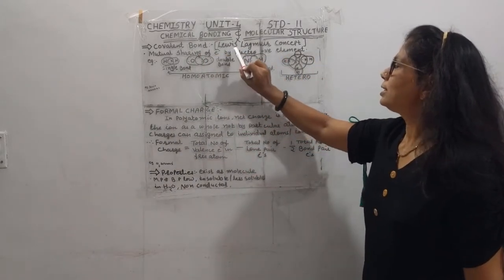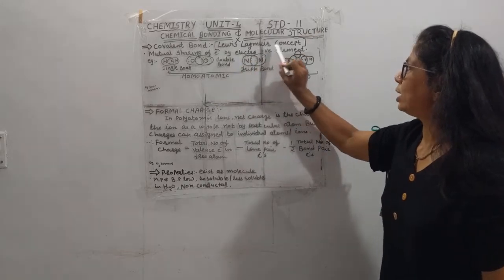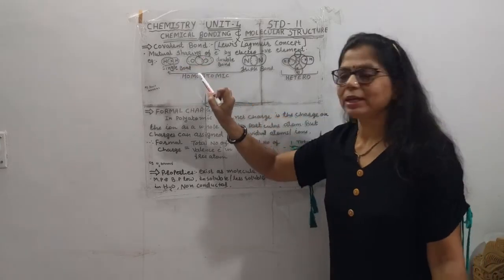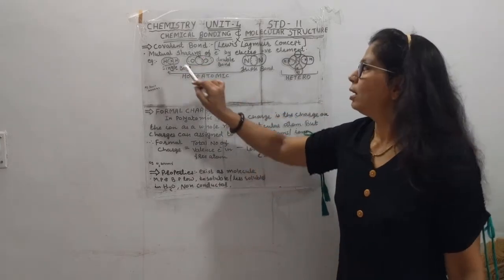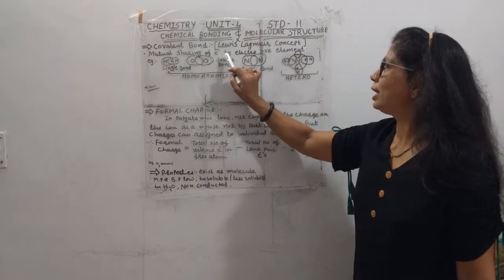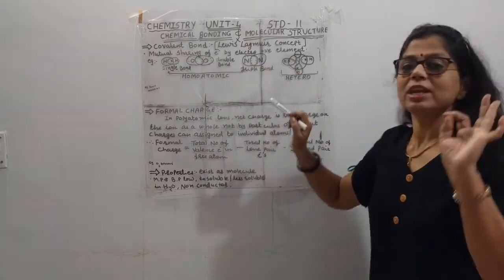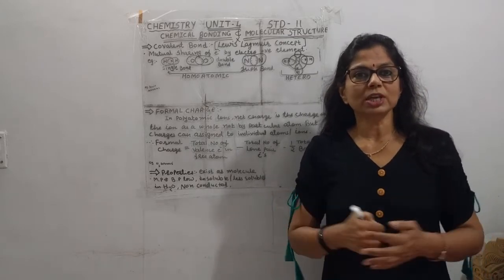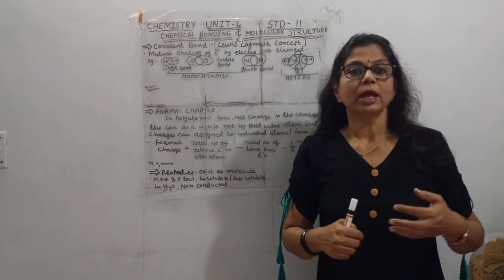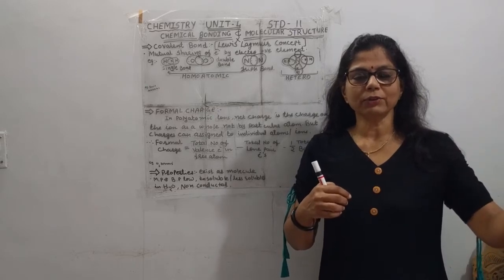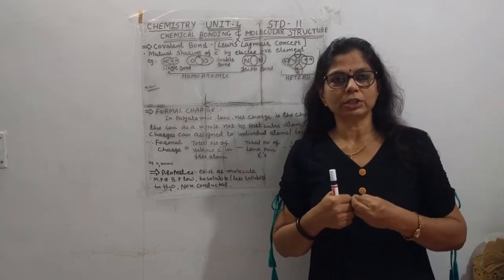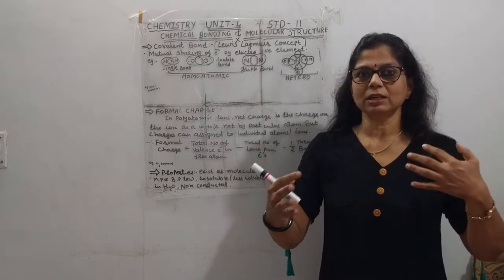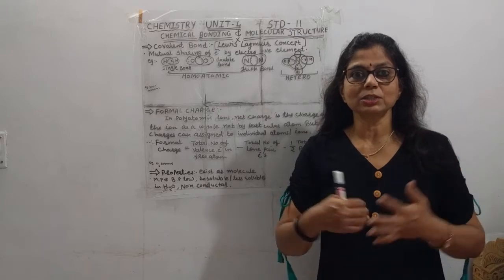Covalent bond is also known as the Lewis-Langmuir concept. What is the covalent bond, student? As I said, it is a mutual sharing of electrons by electronegative elements. Students, this word is very important. Mutual sharing can happen between whom? If you are in need of electrons, I am also in need of electrons. We both cannot give and take the electron. Give and take is not possible.